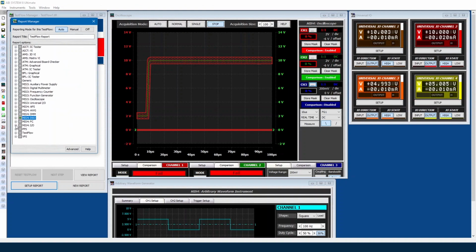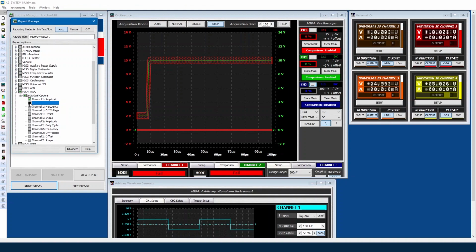For the MIS4 Universal I/O, I would like to see the channel output data. For the MIS4 Arbitrary Waveform Generator, I would like to see the channel 1 amplitude, duty cycle, and frequency. I will also like to see a screenshot of all the open instruments within my report.